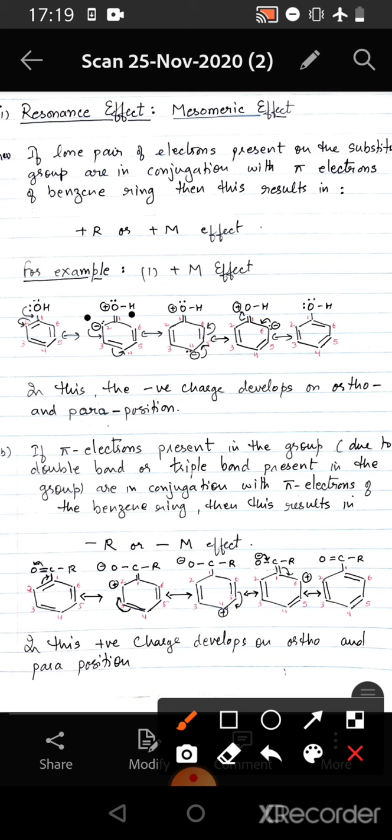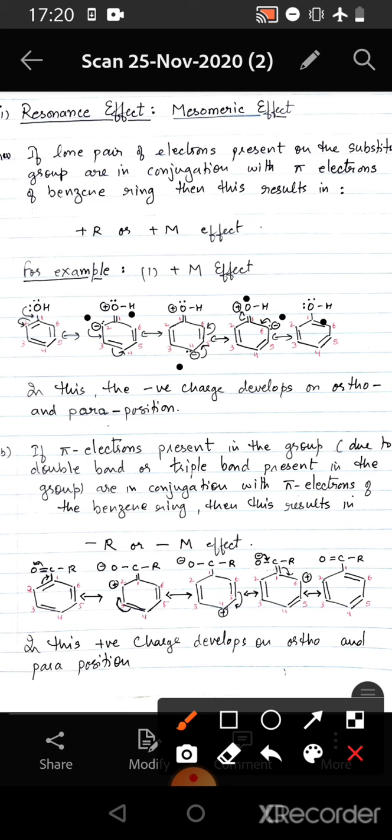And now, by the successive migration of the double bond within the ring, the negative charge shifts from the second position to the fourth position to the sixth position. Then the double bond between oxygen of the substituent group and the carbon of the benzene ring shifts onto the oxygen, and the lone pair of electrons on the sixth carbon atom shifts between C1 and C6, forming a bond between C1 and C6, and neutrality is retained.